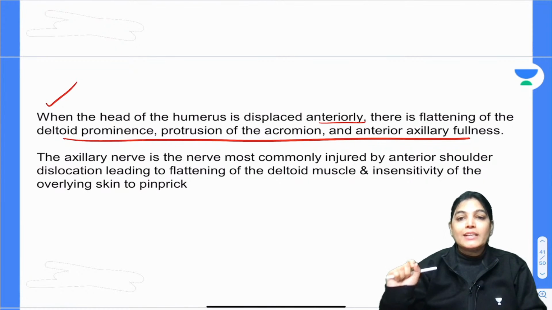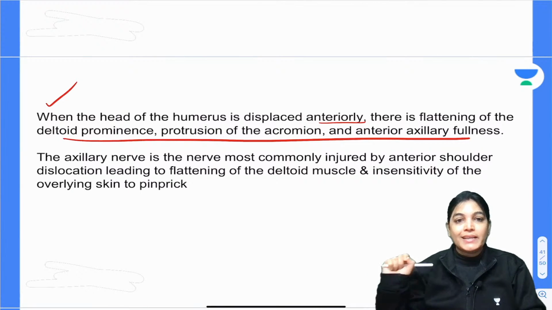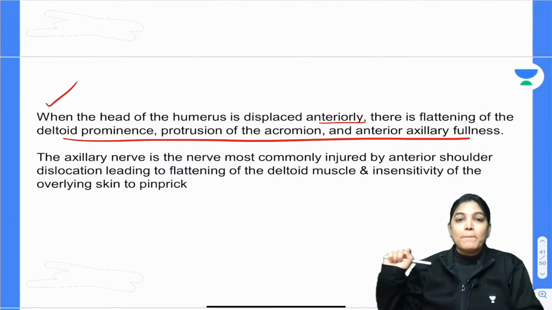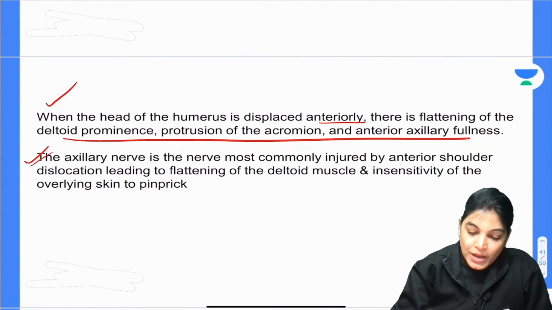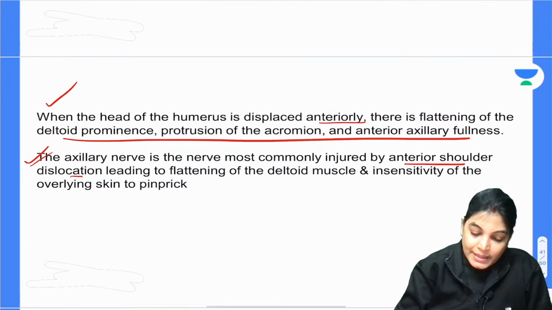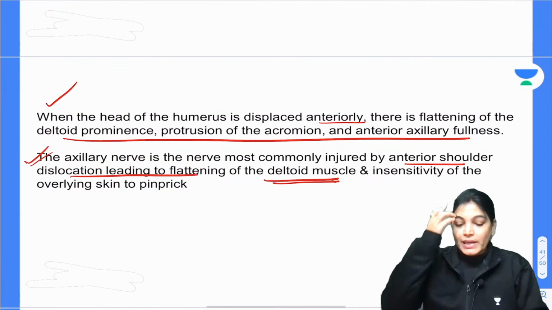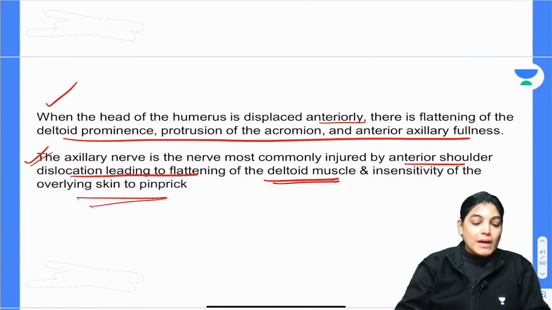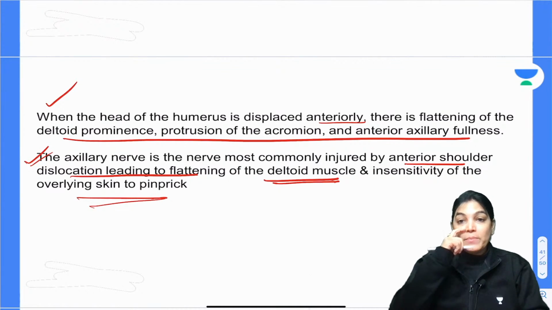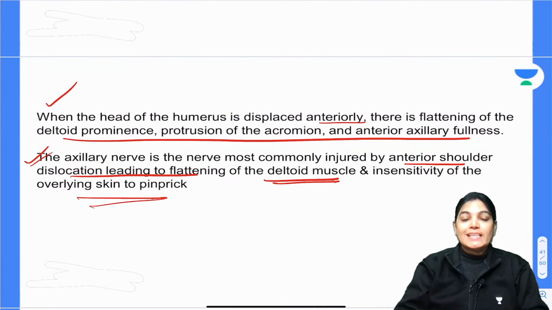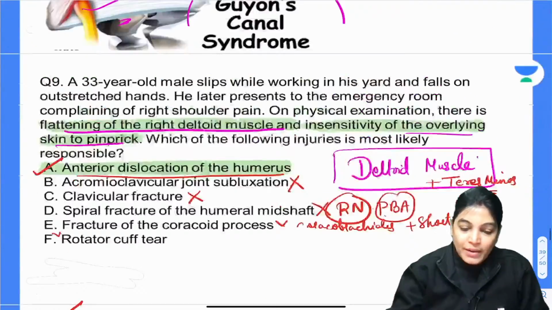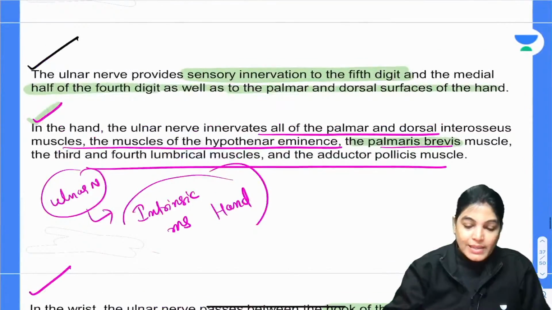Now, my dear aspirants, we know that the axillary nerve is not only giving innervation to the deltoid muscle and teres minor muscle, it also gives a cutaneous nerve, the upper lateral cutaneous nerve of the arm. So the axillary nerve is commonly injured in anterior dislocation, causing flattening of the deltoid muscle, and the upper lateral cutaneous nerve of the arm is a branch from the axillary nerve. So cutaneous sensation over the deltoid muscle is also affected in this condition. Got it, everyone? Yes. So let's move on to the next, that is question number